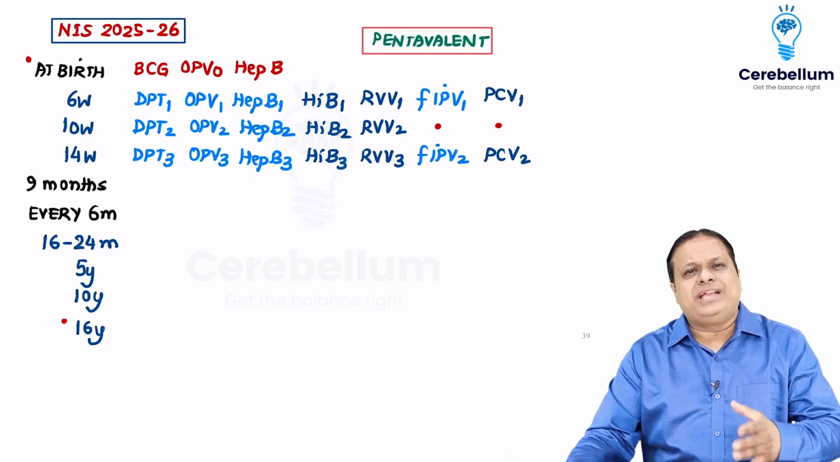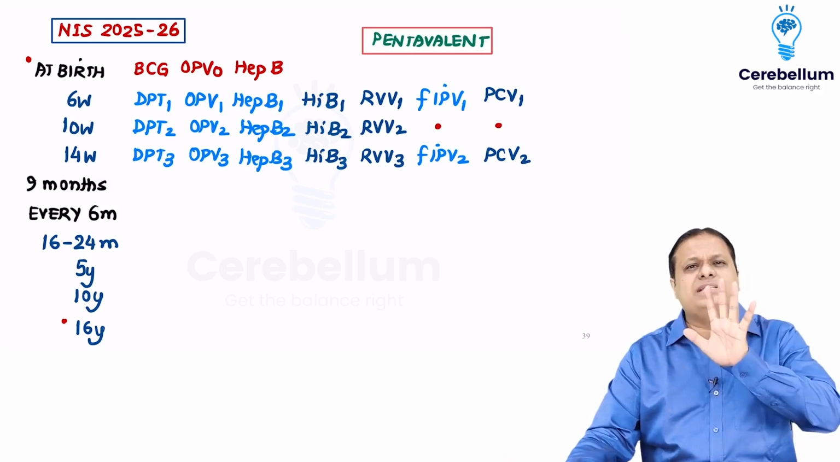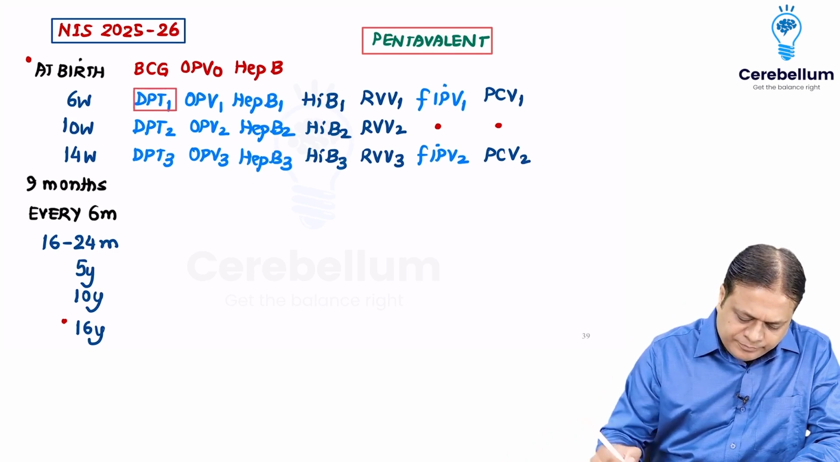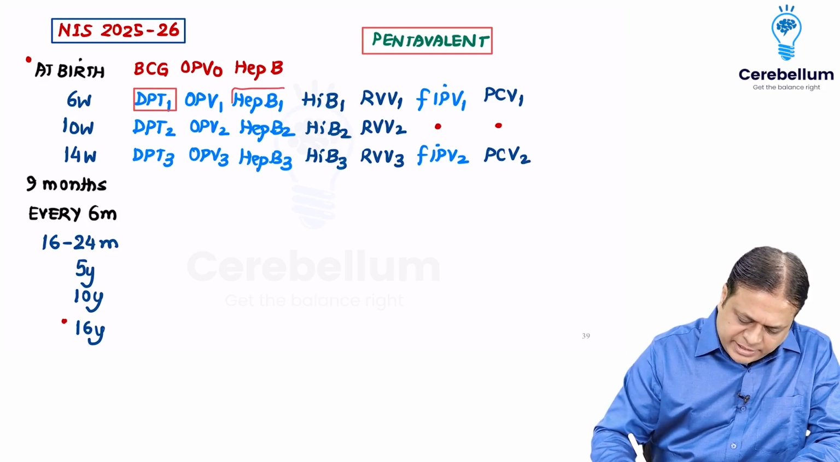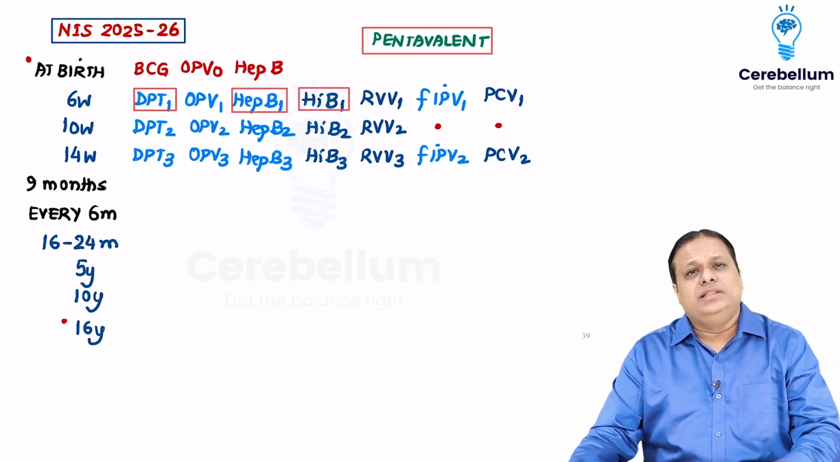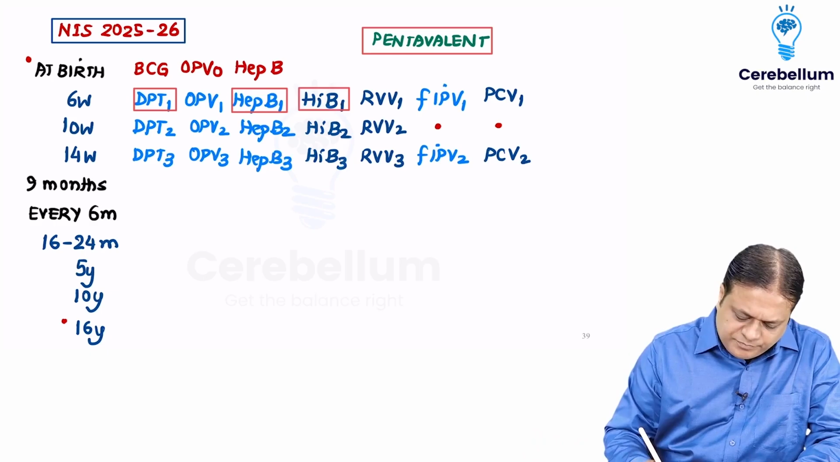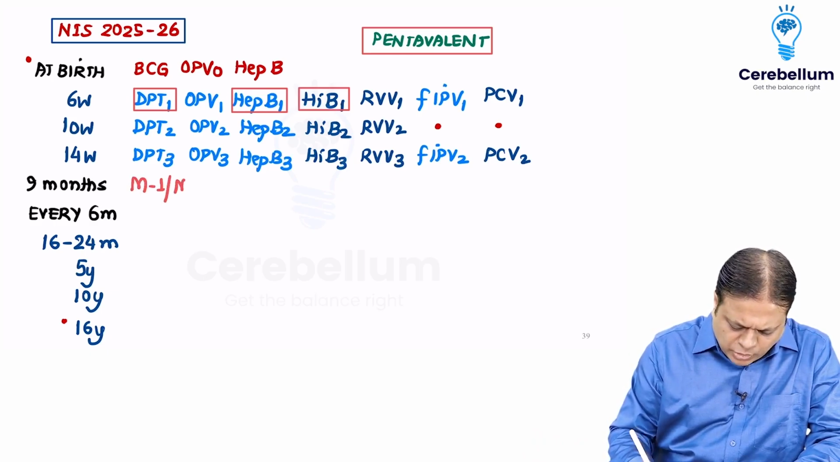When we look at pentavalent vaccine of India, it combines 5 different vaccines. These are DPT, hepatitis B, and Haemophilus influenza B. Then we call the child at 9 months of age, where we give him measles vaccine first dose or MR